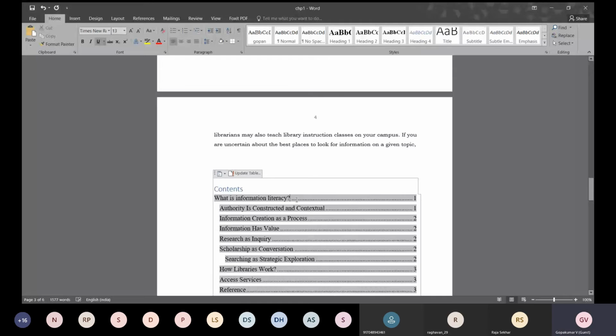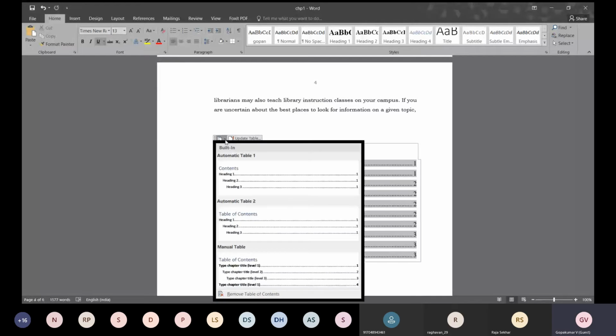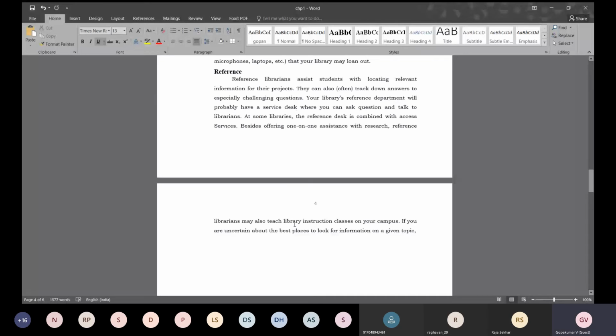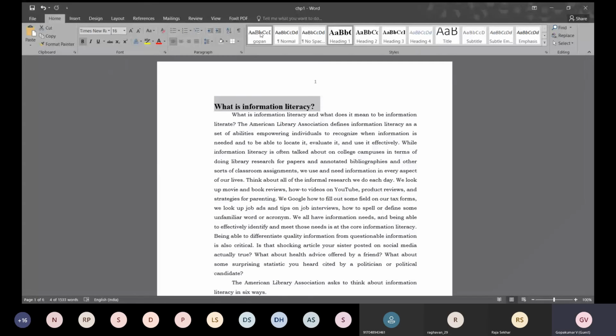Should I repeat? I will repeat the entire process again. I will remove this and I will repeat the entire process of creating the style. So you have to select your heading, go to the heading command in the Styles menu under Home. Select it and then it becomes according to the style, and if at all you want to make changes, right click here, modify, you can change the color, all those things here only, and then you can continue with that.